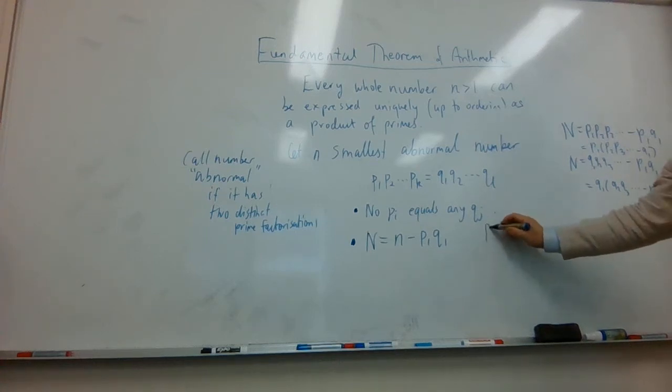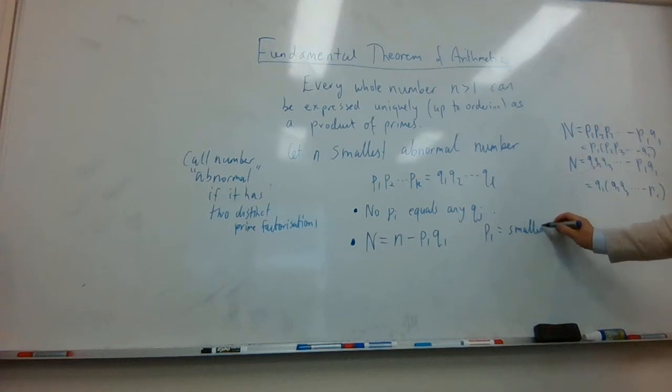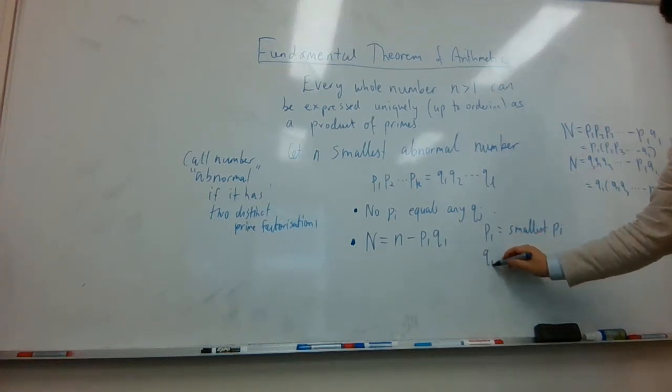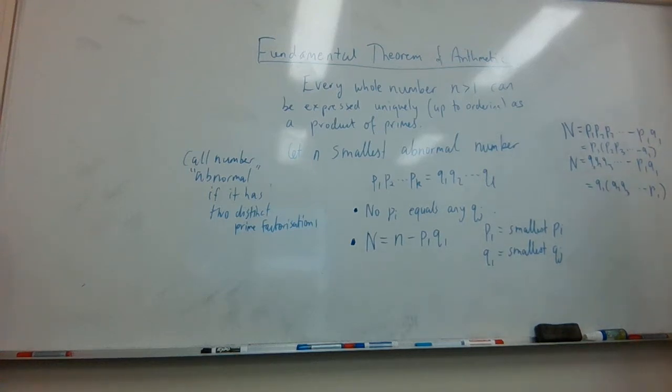So we can let P1 be the smallest of the Pi, and Q1 is the smallest of the Qj. Okay, so we know that